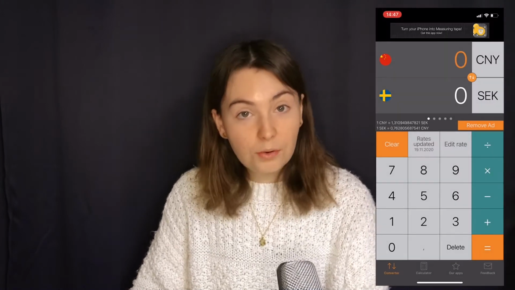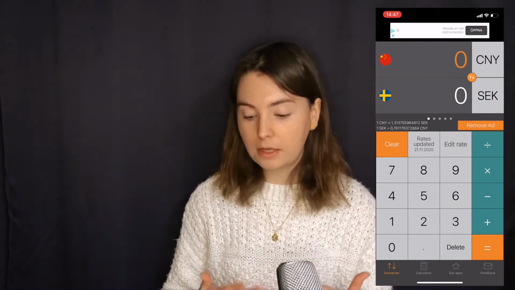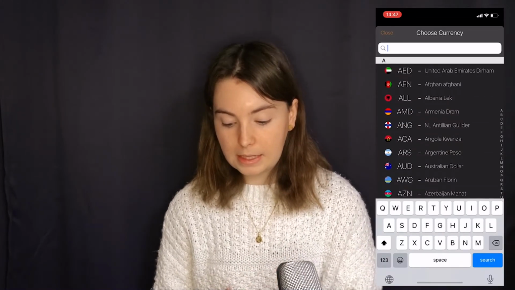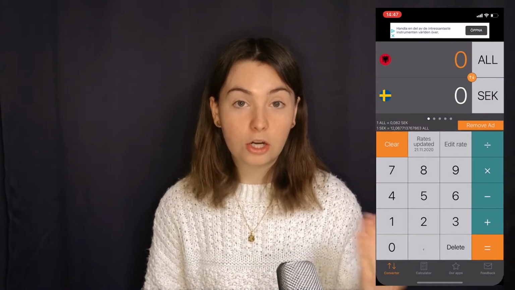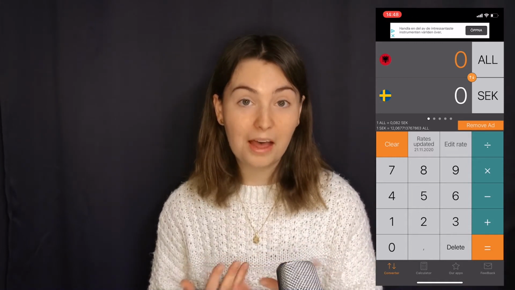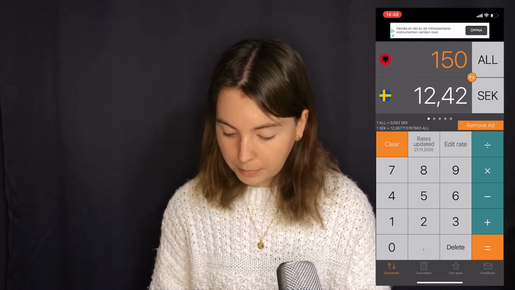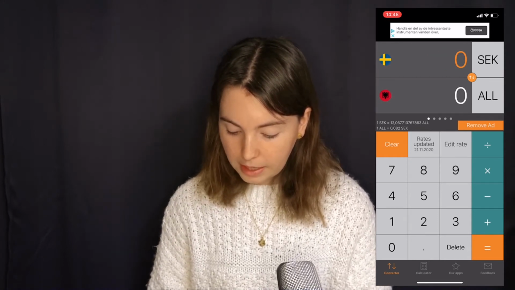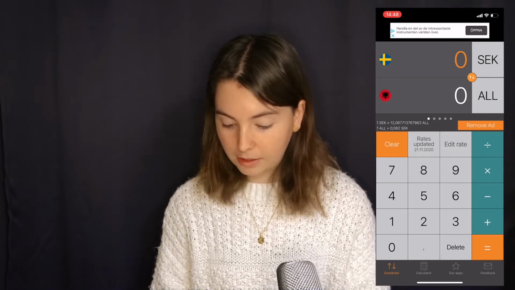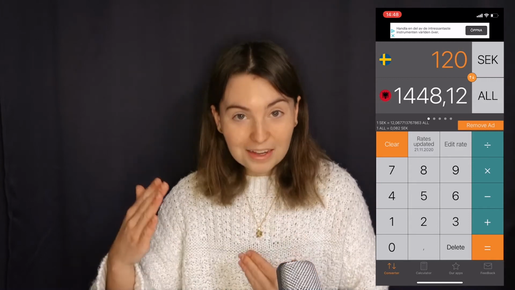Then we go over to currency conversion. So I use the application called Currency. This is also available offline, so I can use it offline and it will just use the latest updated currency conversion rate, which is always updated when you have internet. And we can see here we go from Albanian lek to Swedish crowns, 150 Albanian lek. I can see exactly how much that is in Swedish. I can convert it then back to each other.